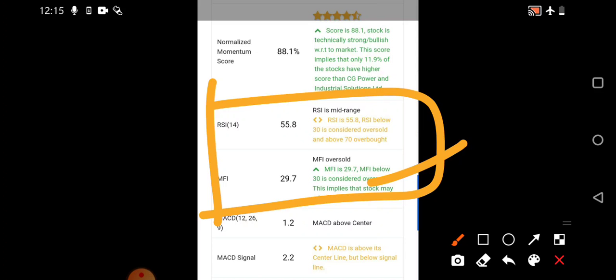And next, when we see RSI, what is RSI? RSI is the relative strength index. It shows how much strength is present in the stock, and it works in the same manner. When it goes below 30, it is called oversold, and in the same way when it goes above 70, it's called overbought. That has also remained in the mid range. Whenever RSI goes below 20, it implies that weakness is present. But this is in the mid range only, and it has started retracing. So this is also a secondary positive movement seen in the stock. Hope you have understood what the indicators are suggesting. Next we'll see how much returns it has provided, and then we'll go to the technical charts.